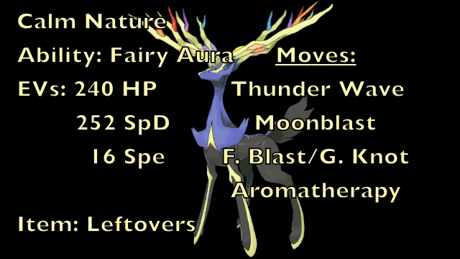But to go along with that, again, we're going to be using Moonblast, which also has the added bonus of that 30% chance to drop your opponent's special attack, allowing Xerneas to take special hits even better than it already does on this set. And then for a coverage move, we're going to be going with either Focus Blast or